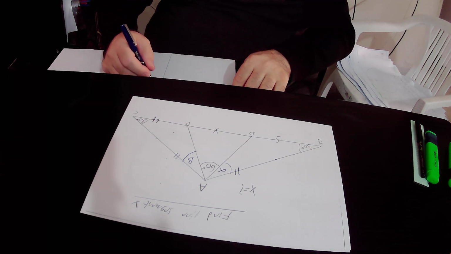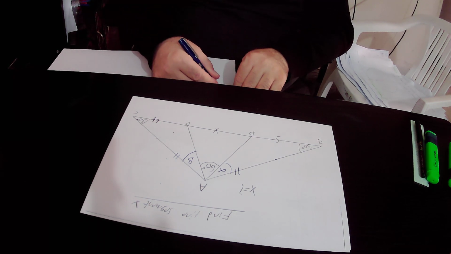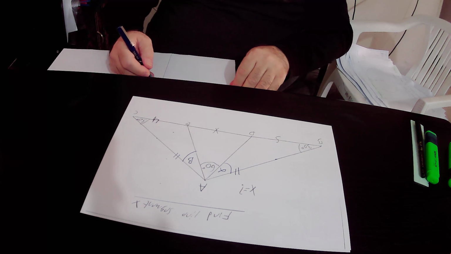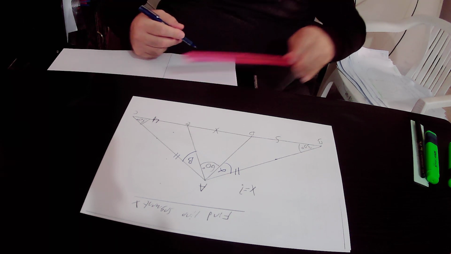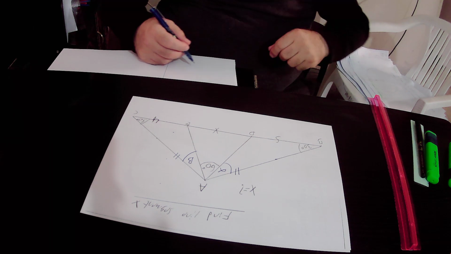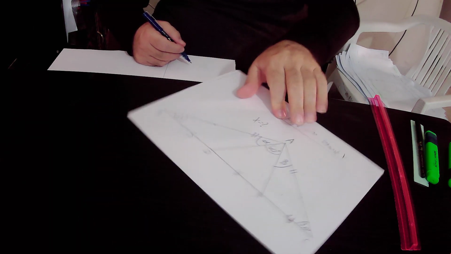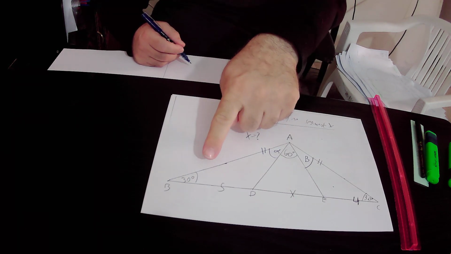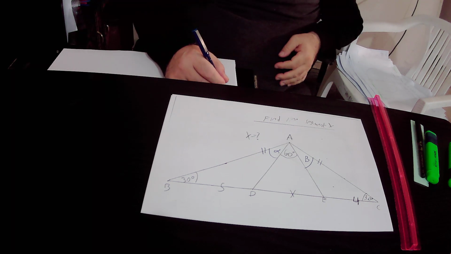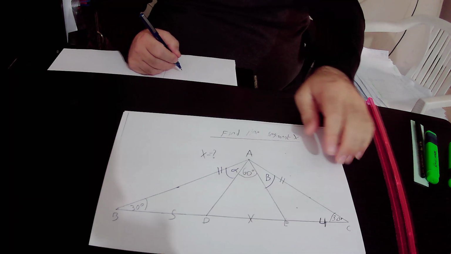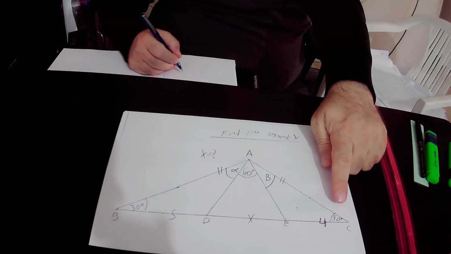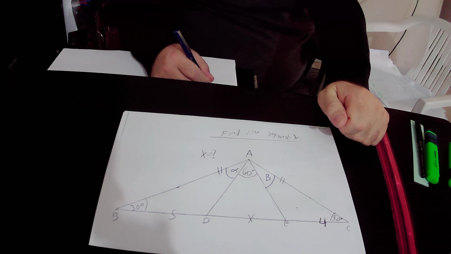Especially, the sum of the angles in triangle ABC must be equal to 180 degrees. So which angles do we have in triangle ABC? This angle equals 30 degrees plus this angle that is also equal to 30 degrees